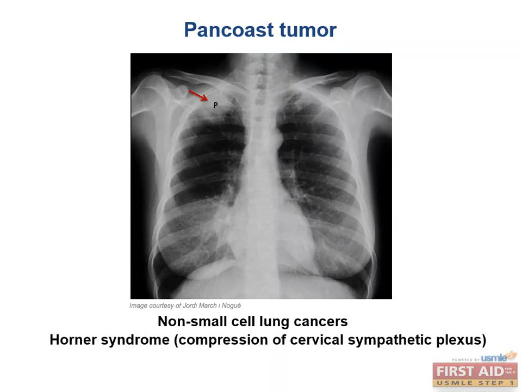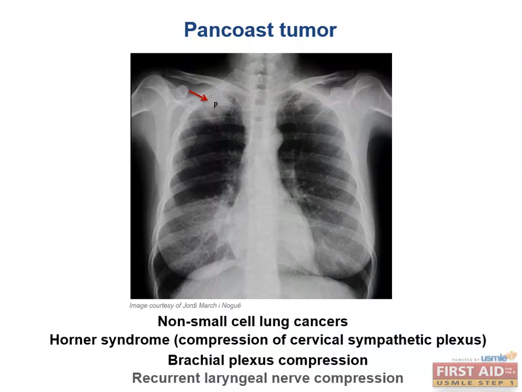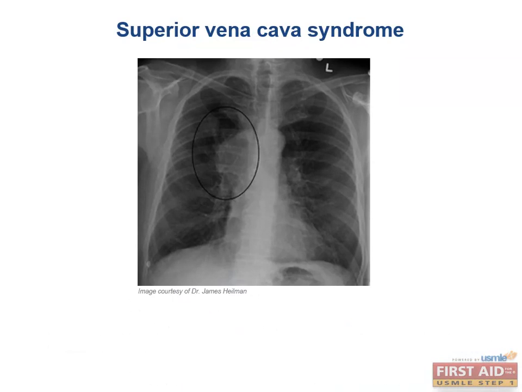What structure is affected if you also get pain and weakness in the arm and hand? The brachial plexus. You can also get hoarseness if the right recurrent laryngeal nerve is involved. What other structure might be obstructed? The superior vena cava, which brings us to superior vena cava syndrome. We mentioned superior vena cava syndrome earlier as a potential complication of lung cancer and as part of the SPHERE mnemonic. You can see the lung cancer on this chest x-ray, which is compressing the SVC.